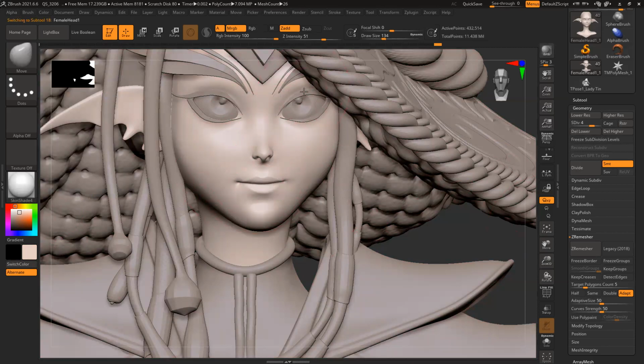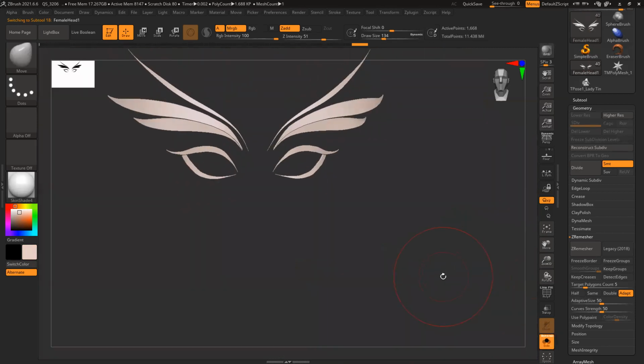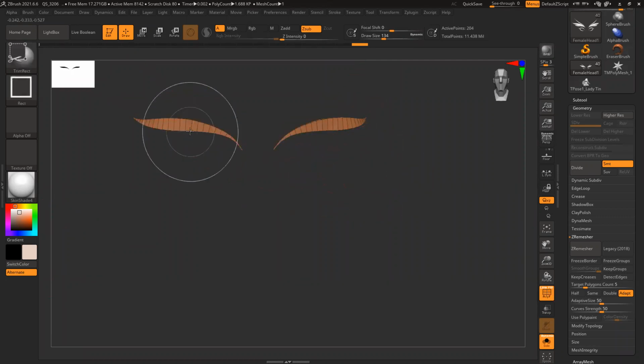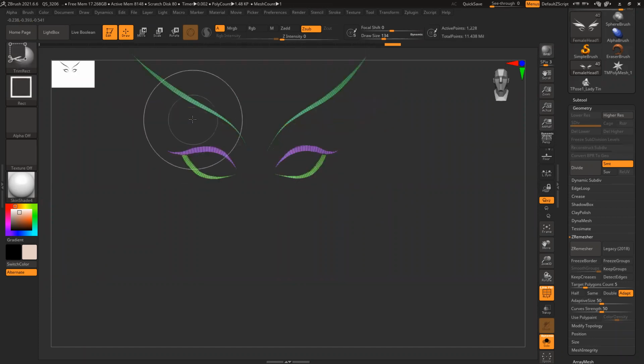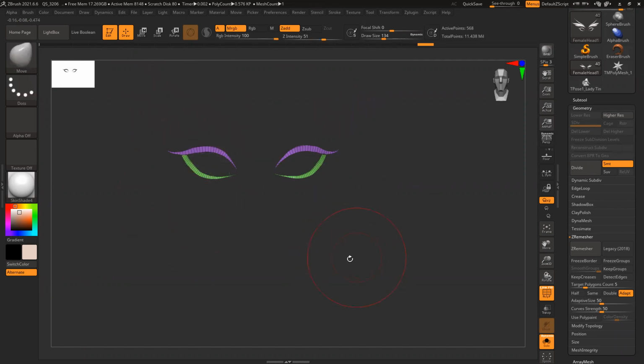So let's fix the eyelashes and all. Here I can see the upper parts and all these things are a different color. So I have to separate them. Let's see, Ctrl Shift F, Shift F. Separate, hide this one, this one, this one. So these two only.